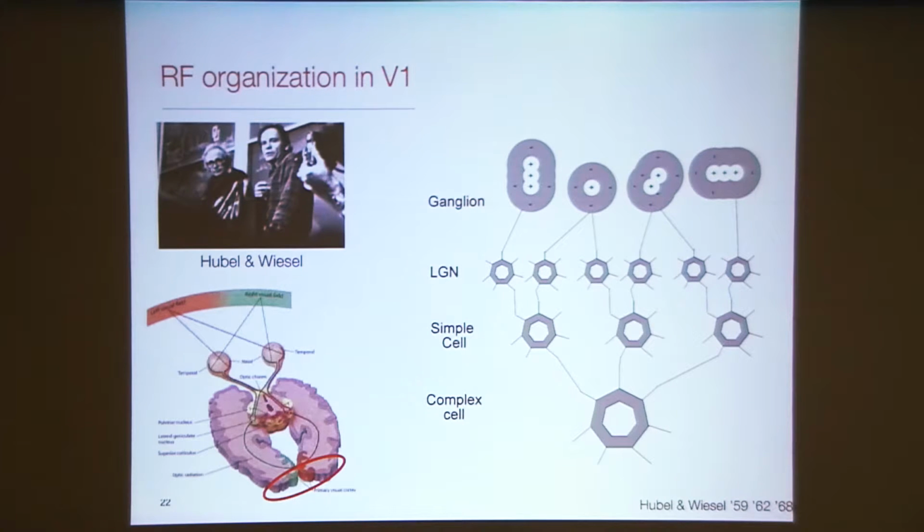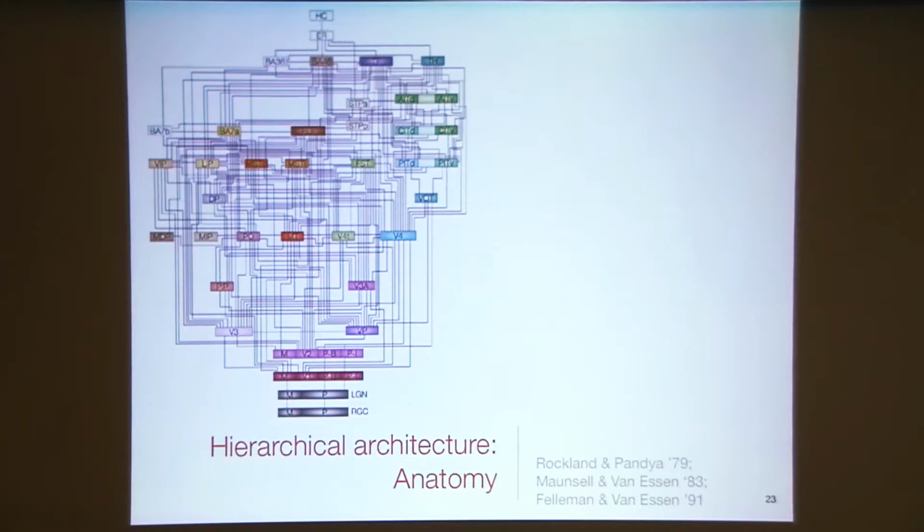Okay, so the point that they made is that perhaps this type of organization could be implemented via selective pooling mechanisms. And so their suggestion was that orientation tuning at the level of simple cells could be obtained by pooling over afferent ganglion cells, the center surround cells, that are aligned along a preferred axis of orientation. Okay, and similarly, that it would be possible to build the complex cells by pooling together afferent simple cells all with the same preferred orientation, say a vertical bar, but slightly different position and scale. Okay, and I'll get back to that when I describe related computational models.